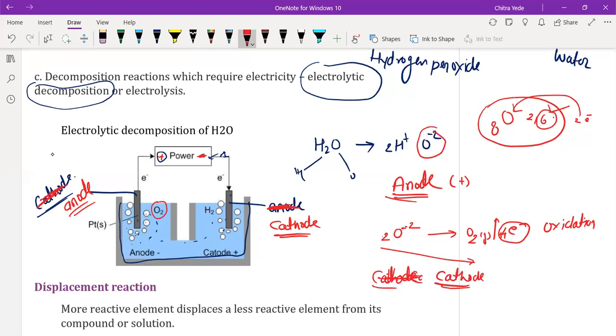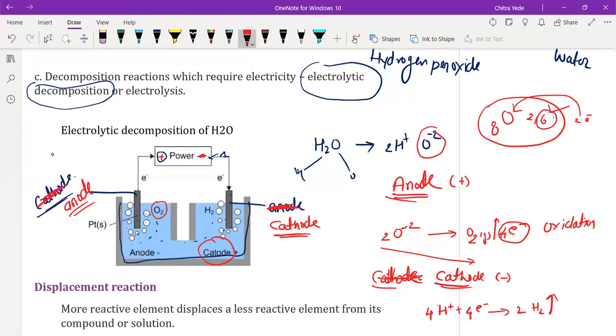Cathode. The cathode is the negatively charged electrode, so positively charged ions will be attracted towards the cathode. Which atom is positively charged? The hydrogen atom. The electrons lost by the hydrogen atom are gained by the oxygen atom. The total number of electrons lost by oxygen is 4, so to gain 4 electrons, 4 positive hydrogen ions will be required. When hydrogen gains electrons, it forms hydrogen gas, which is liberated at the cathode.